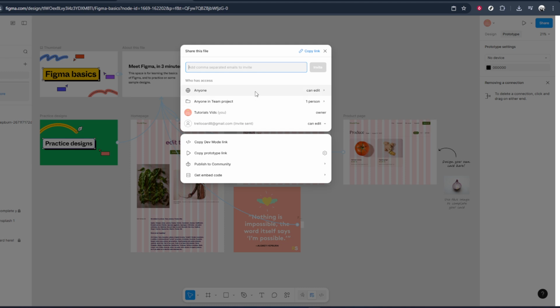After setting the permission to edit, make sure you confirm this change. Look for a button or option to save your settings, then click on Save. This locks in the new access level so that the link and invitations you send will actually give people editing